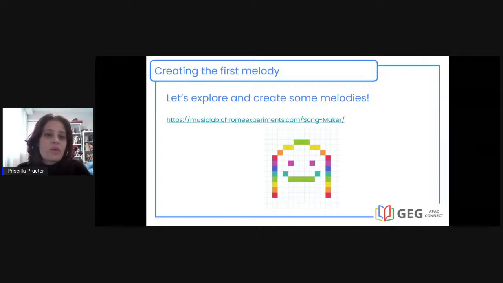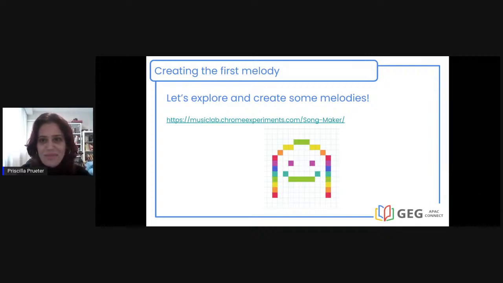Songmaker works like a music production software, using colors and shapes as an interface. We can encourage the composition of new music and use these creations as the basis for Python code in EarSketch, which is the next software we will be exploring. I'm going to create 3 melodies to use in the Python code inside EarSketch. I will create these melodies and save them as a WAV file, and this is very important. So let's go to